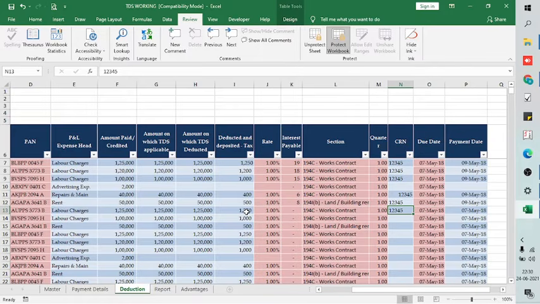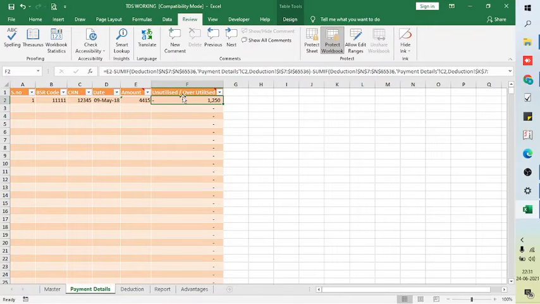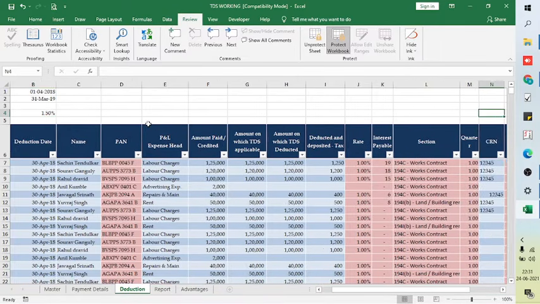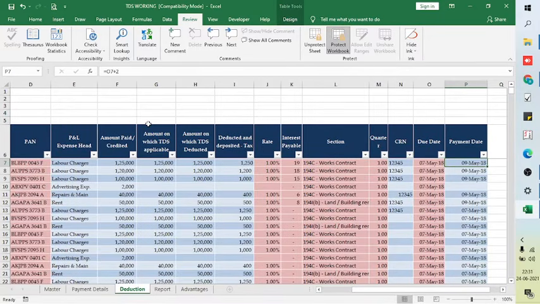Now if you can see there is 1250 of TDS deducted for this particular row and minus 1250, that is this challan is overutilized by 1250. So by this you can track if a challan is underutilized or if there is a case where you have made a short payment of the TDS deducted. You need to mention the start date and end date for the year for which you are preparing the working, and you also need to mention the interest rate per month at which the interest is to be calculated. And once again, interest will not be calculated unless and until you enter the payment date here.